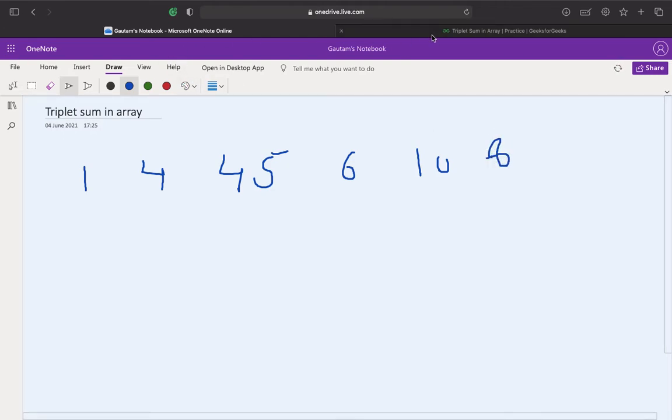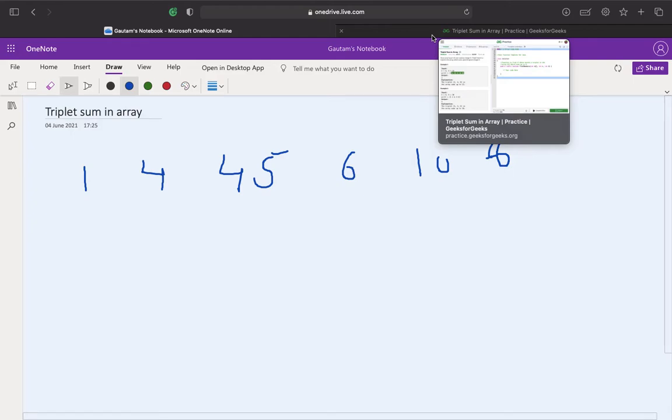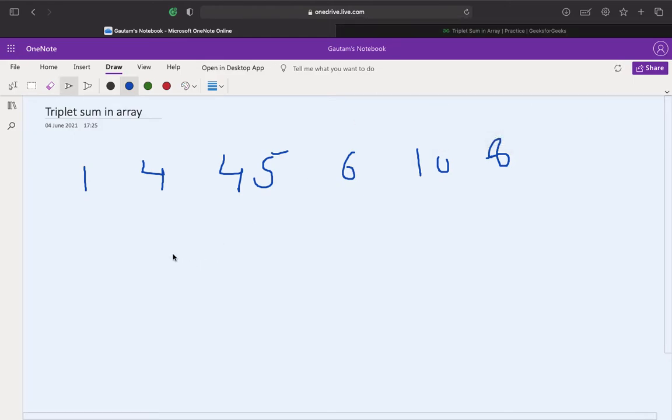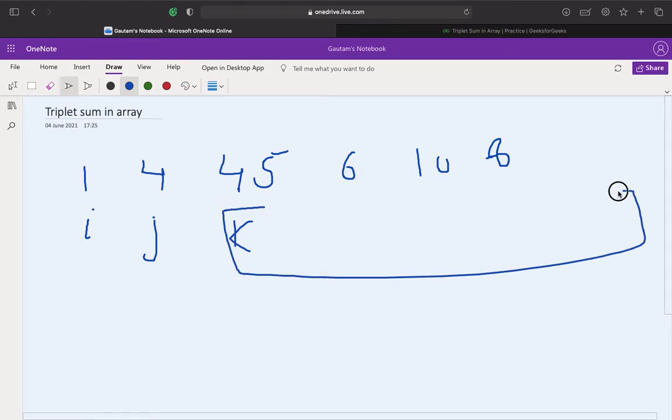First of all, we'll talk about the naive solution. What can be the naive solution? We can generate all the triplets that exist in the array. We start i here, j here, and k here. We keep incrementing k.